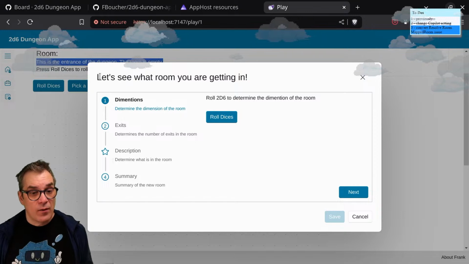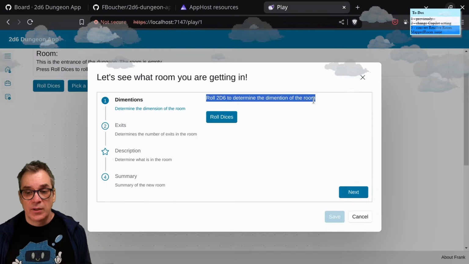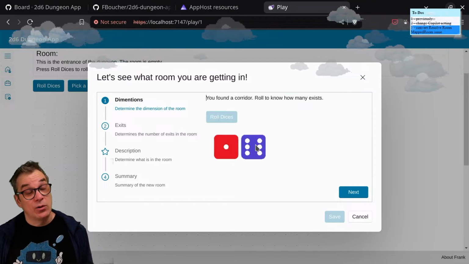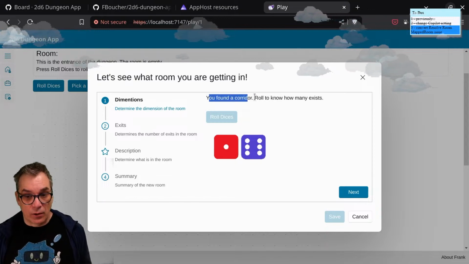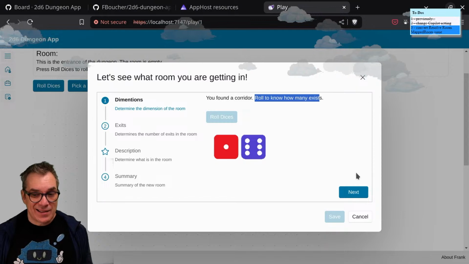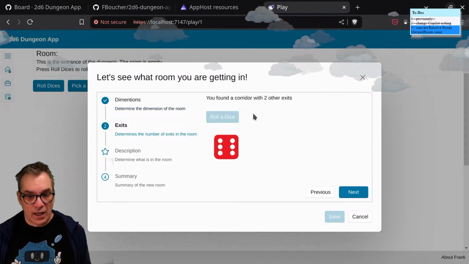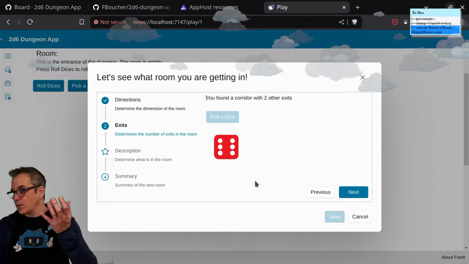So right now, let's see what the room we are getting in is, right? Roll 2d6 to determine the dimension of the room. So we roll 1 and 6. It looks like we found a corridor, right? So you find a corridor. Roll to know how many exits. So we go next. We roll the dice. So it's 6. So based on the rule again,